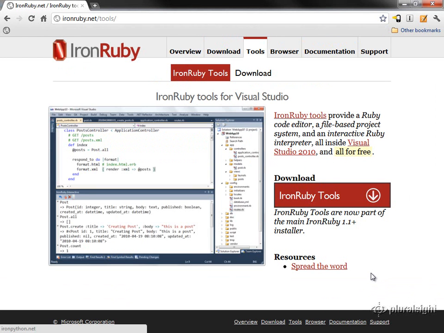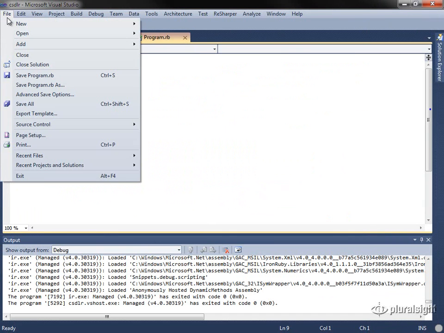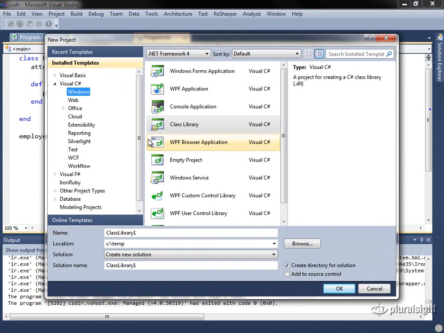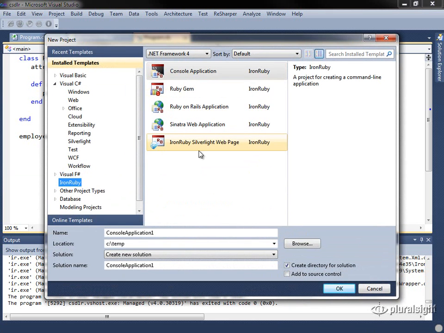What this will do is set you up with the ability to create Ruby projects in Visual Studio, to step through Ruby code with the debugger, and of course you have a nice editor in Visual Studio to edit your Ruby code. Once all that is downloaded and installed, you should be able to say File, New Project, and one of the items that you'll see in the project menu now is the ability to create different IronRuby projects. What I've done is I've created a console application with IronRuby,